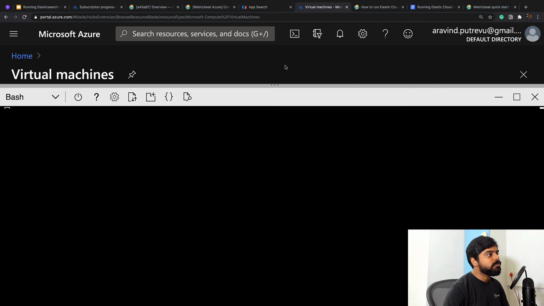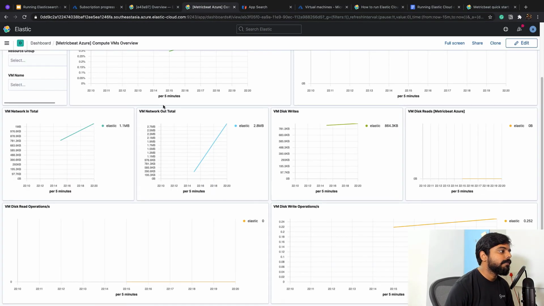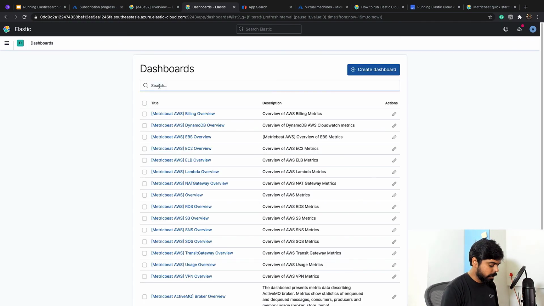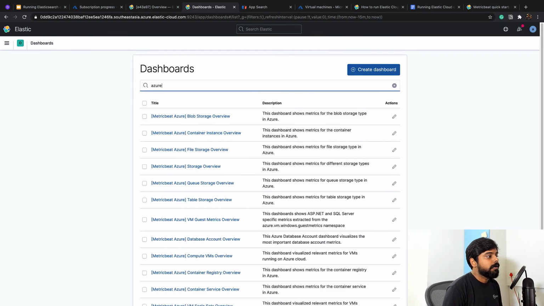So likewise, you could ship all the data that you have in Azure. There are multiple predefined dashboards regarding billing, regarding different databases, regarding your container registry. If you have containers, a lot of stuff, right? This is only Metricbeat. Again, you can look at Filebeat for all the log related stuff. You could look at uptime to find out your latencies related to your endpoints. All of this can definitely be done. So that is about running Elasticsearch on